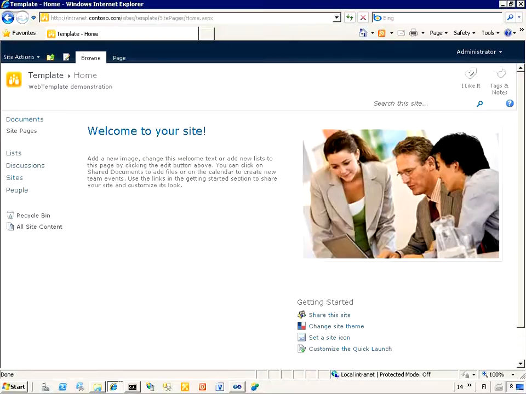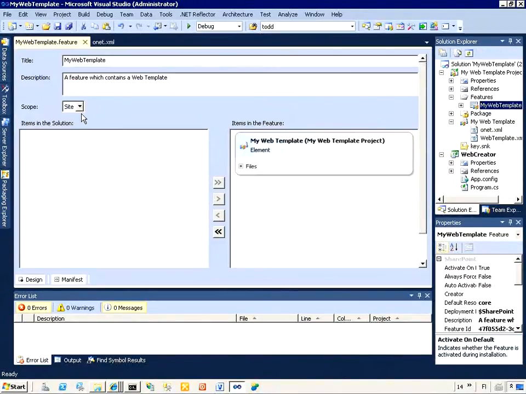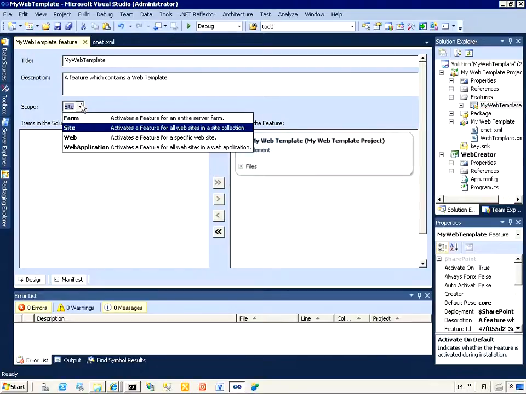So now that we've seen how to deploy a web template as a sandbox solution, let's have a look at the steps of how we can take the same web template and deploy it to be available throughout the farm. So let's move back to Visual Studio. From the Visual Studio side, the only thing we need to do is change the scope of the feature. An alternative option is to deploy our solution package as a full trust or farm solution,